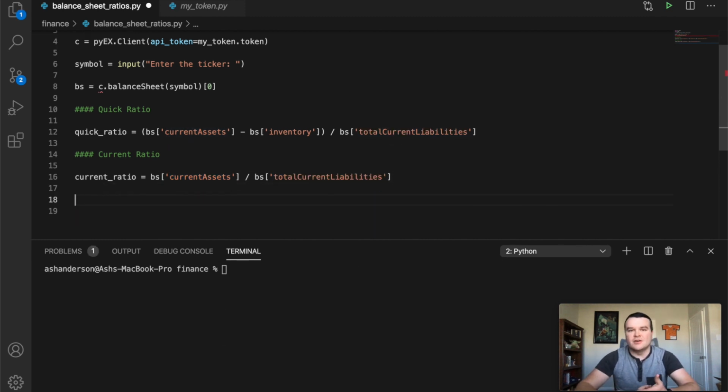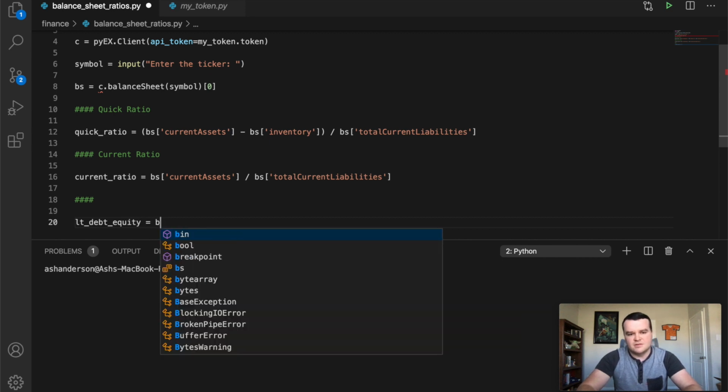All right, so the next one up is going to be long-term debt to equity, so debt to equity ratios. You can do long-term debt, you can do short-term debt, you can do total debt. I like to do long-term debt, and the reason for that is just, I feel like we're covering most of the current debt, the short-term stuff in these ratios. So I like to look at that long-term stuff, the stuff that they got to pay back over many years. So we'll just call this one long-term debt equity,